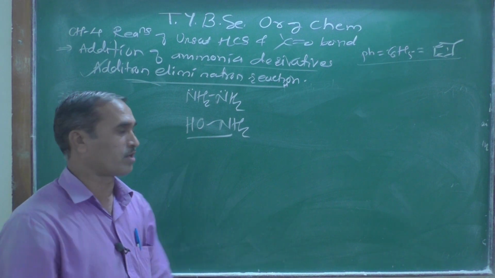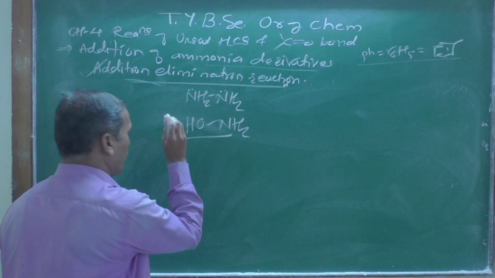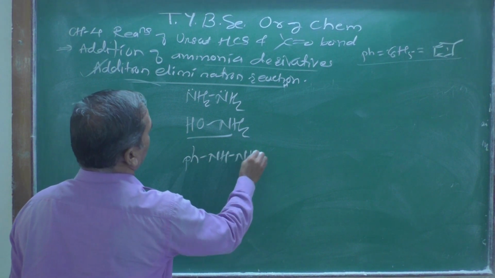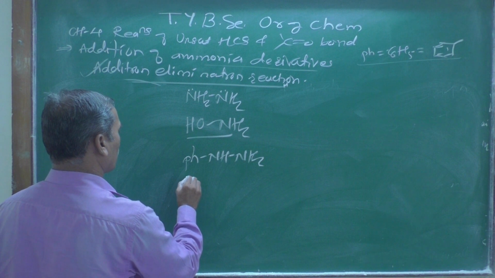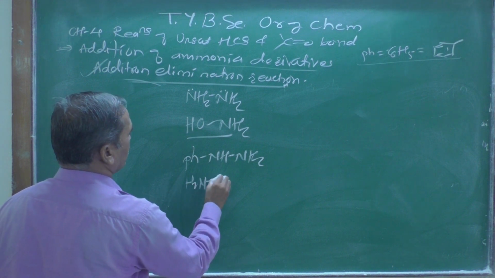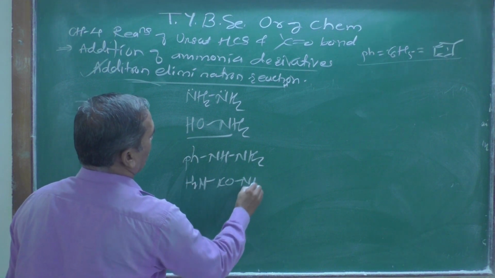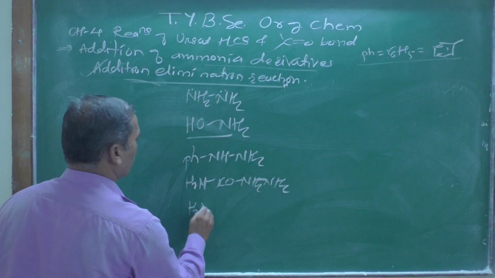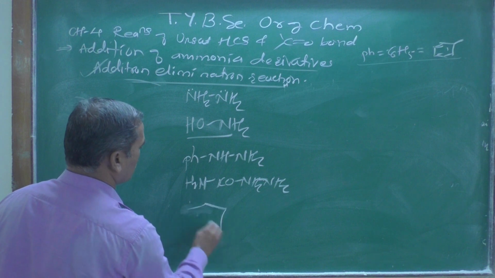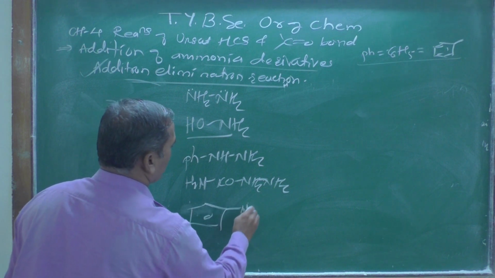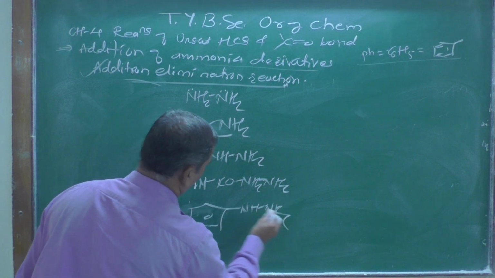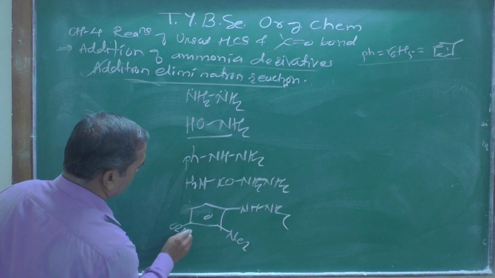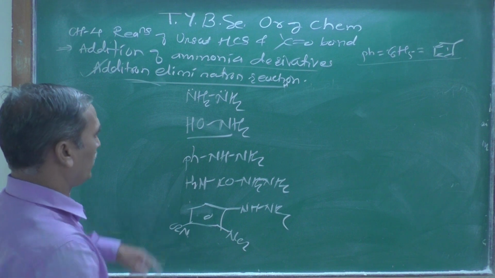It also does not require acidic medium, but phenylhydrazine, semicarbazide H2N-CO-NH-NH2, and 2,4-DNP, with nitro group at 2 position and at 4 position,